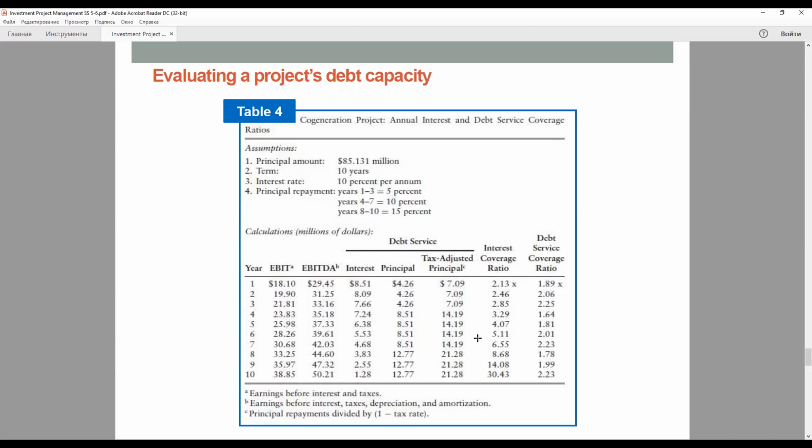So when we complete the construction, we will enter into the swap, and the project company's obligation would be calculated at a specific fixed interest rate, and the counterparty's obligations would be calculated based on a specific floating interest rate. That is, a deferred swap contract establishes the term of the interest swap at the date the contract is entered into, but the start of the swap period is delayed for some agreed-on period.